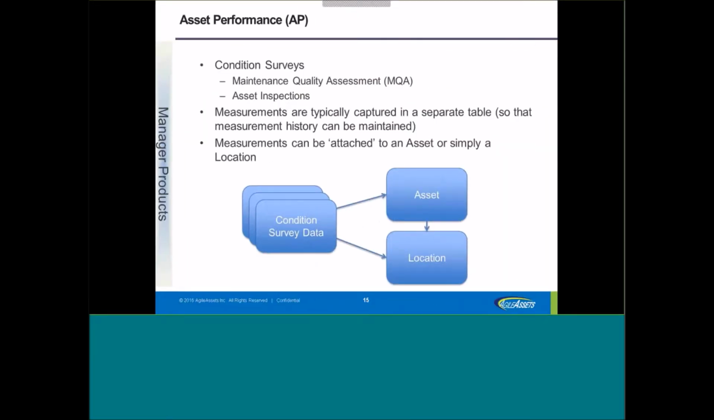So just to give you a couple of basic examples. Examples of condition surveys might be a maintenance quality assessment survey. When we're talking about maintenance specifically, you might be going out on an annual basis and doing a wide-ranging maintenance quality assessment, where you're looking at all your maintenance objects that you've got out there that you're maintaining. You might not be able to do a complete job. This might be a sample-based